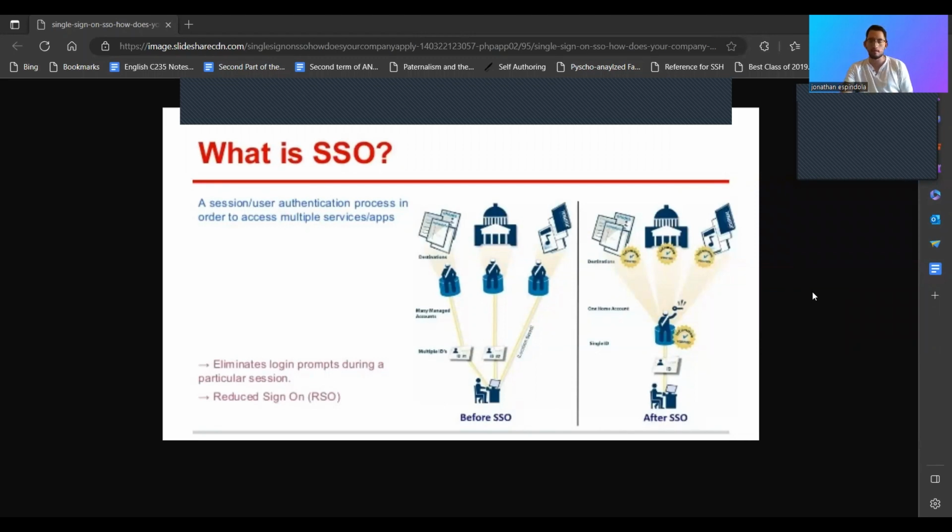Common examples are Google and Facebook. Those are the most notable ones that I've used. You can use Facebook to log into another app and just create an account using your Facebook authentication. I believe Zoom also allows you to use Google. I don't believe it allows you to use Facebook. But this is probably one of the best ways to have fewer passwords. You are at risk of letting a hacker get all your accounts this way, but we'll explain more